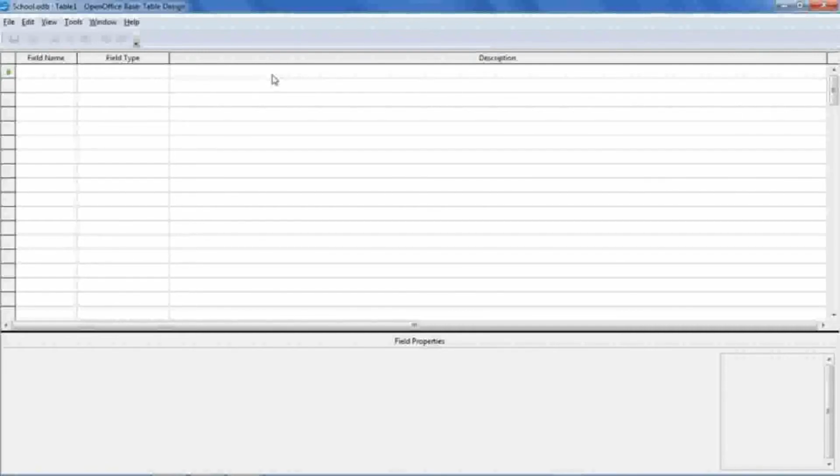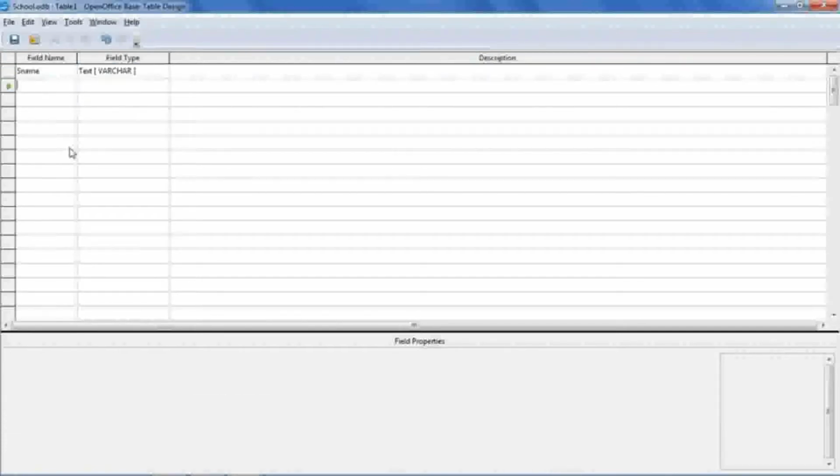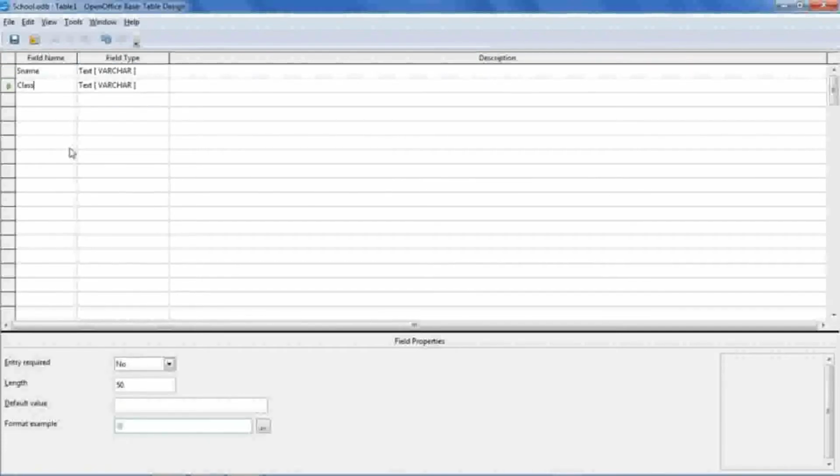So let me begin. I am going to create the first student table. First, student name or S name, and write short names as much as possible for your column names. So S name, then field type. Automatically it gets selected as text varchar. So S name is always varchar or text only. Second is class. Class, I can take as a number or as varchar. Suppose 1A, 1B like that. So if sections are there, then you have to choose text varchar.